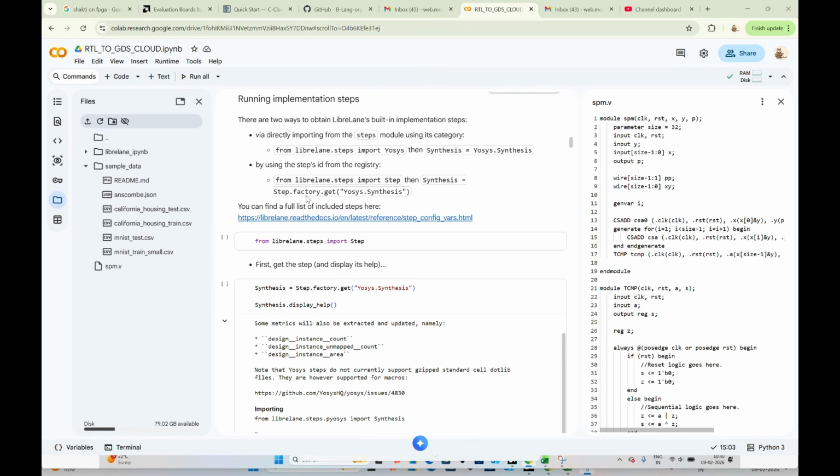So why do steps have IDs like Synthesis? The ID format is the tool and the step name. Here we are using Yosys as the tool, so we have specified Yosys. This makes steps globally unique and easy to reference